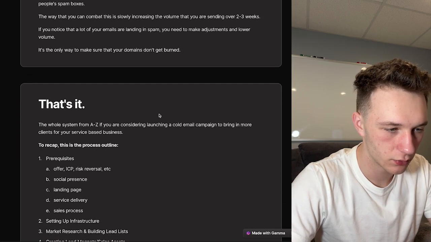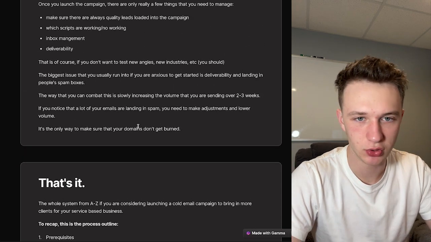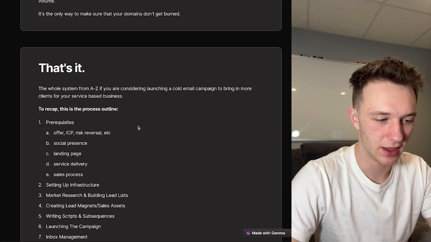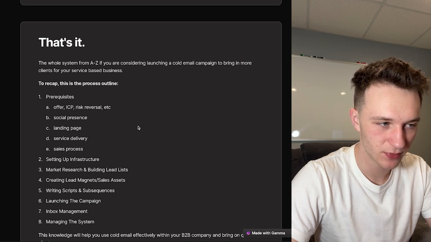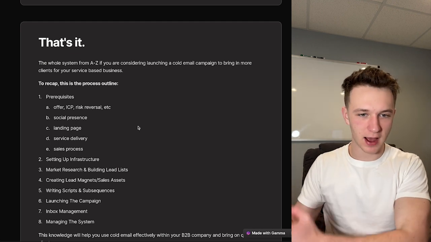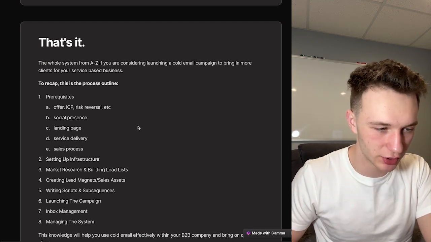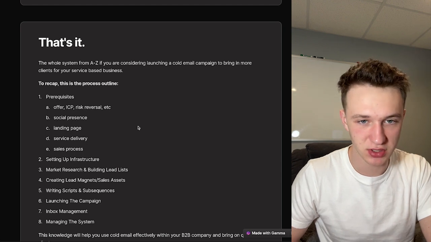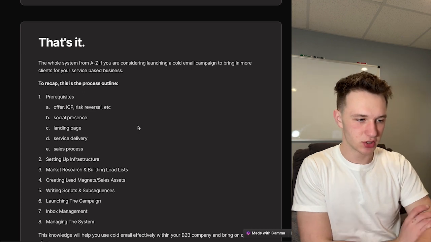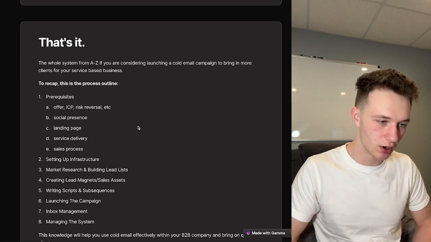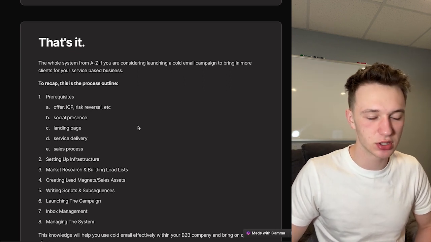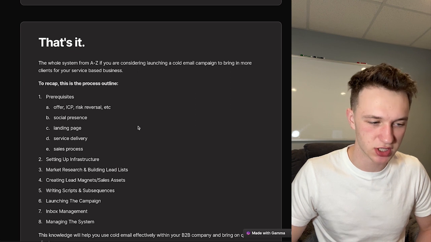And once you actually know how to manage your system and it's working, that's really it, right? That is our whole system from A to Z, from what you do before you do cold outreach to after cold outreach or during, actually booking these calls. That's the whole system, right? So to recap, process outline, it looks like this. First, you have the prerequisites, right? So the offer, ICP, risk reversal, social presence, landing page, service delivery, of course, that goes without saying, and your